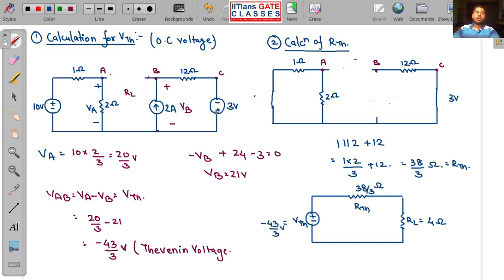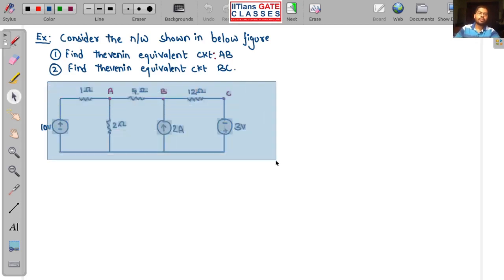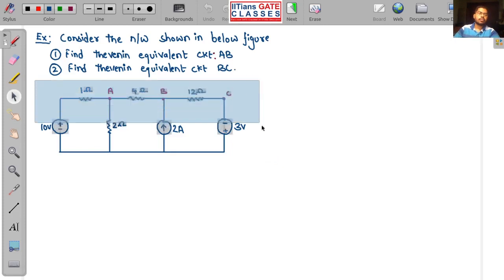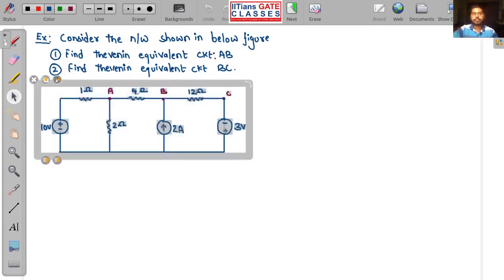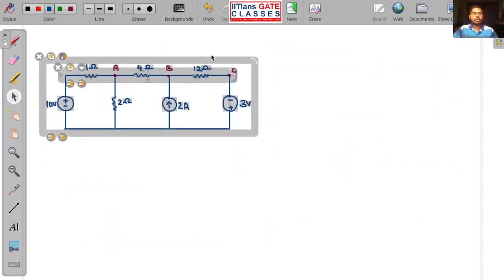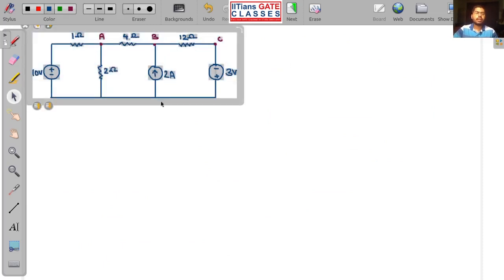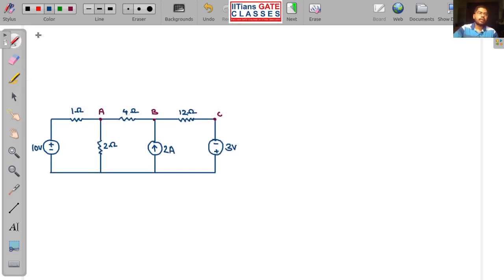Okay. So this is the calculation of VTH when you have considered AB, the resistance in between AB, as your load resistance or load terminal. Now what will happen? How will the Thevenin equivalent circuit change if you make your load terminal as BC? So let us calculate that also. So now calculation when BC is your load terminal. So first will be what? Calculation of